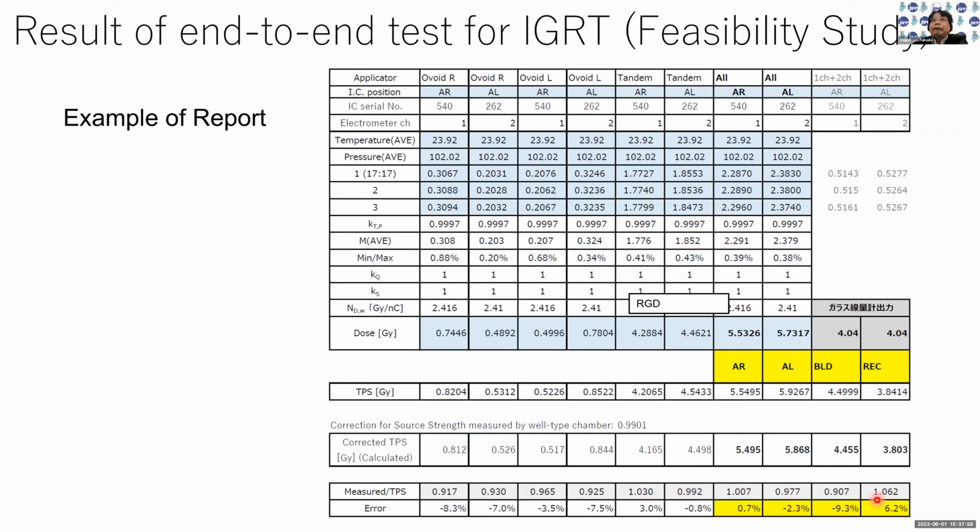And this value is the difference between the measured value and the TPS at the OAR, bladder, and rectum. So you can see the large difference using the RGD method.